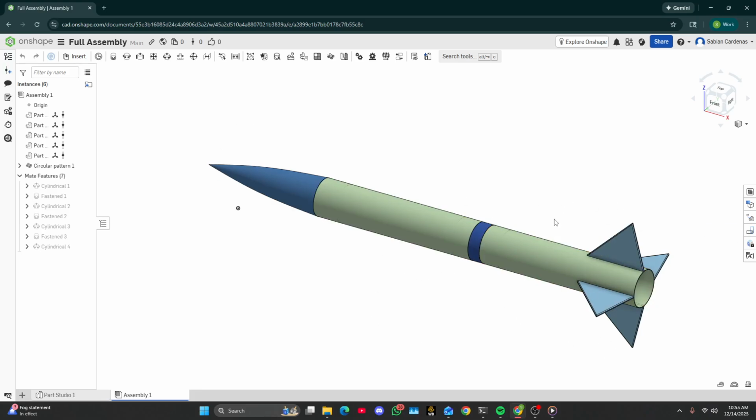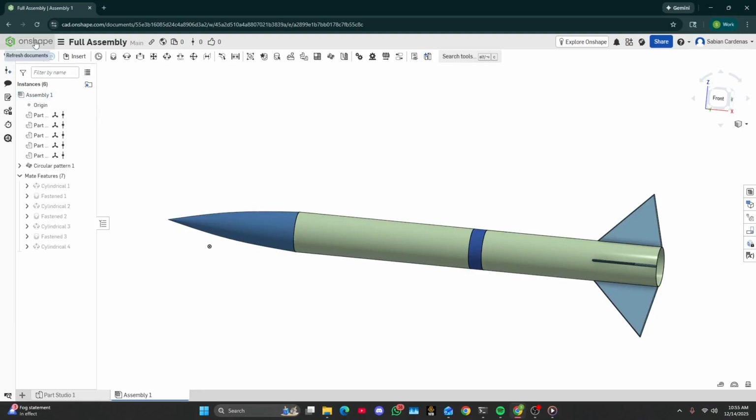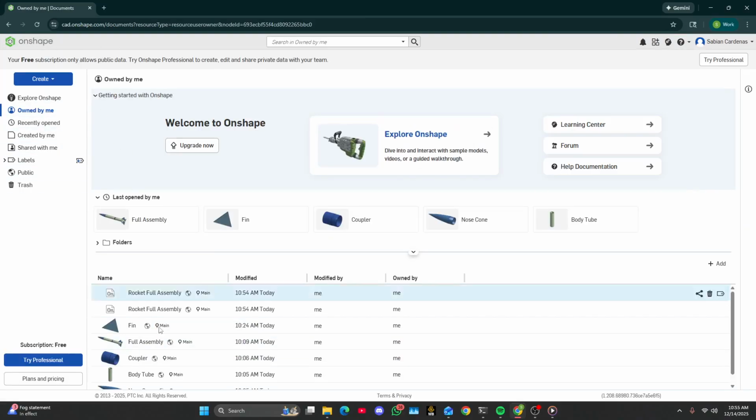Hello, in this video I'll show you how to create the rocket full assembly with all the components that we had just designed, and this is our final result. So we're going to start off by going into our main menu, and